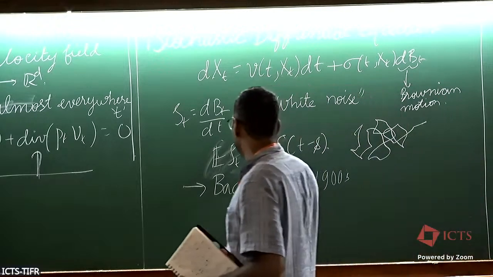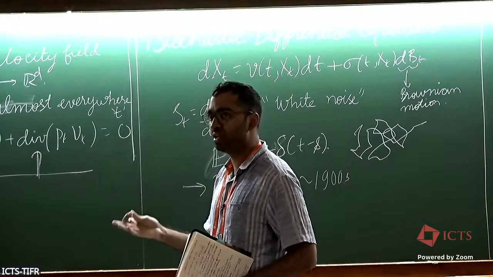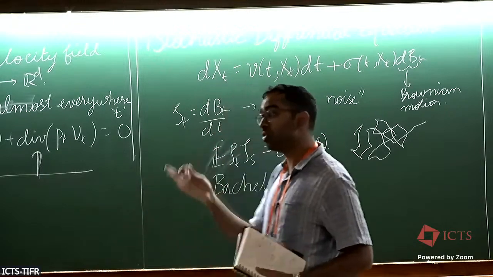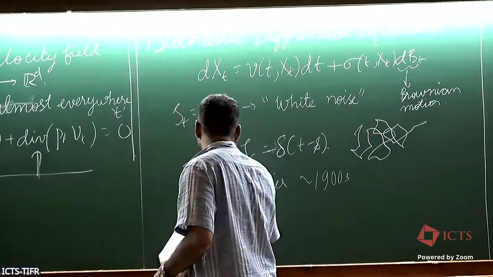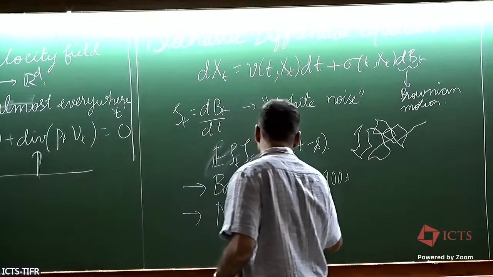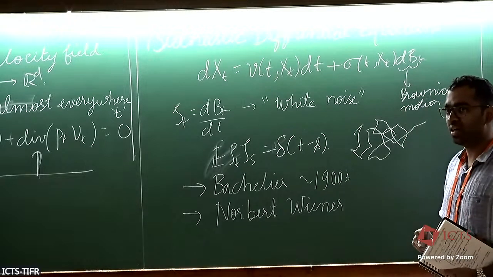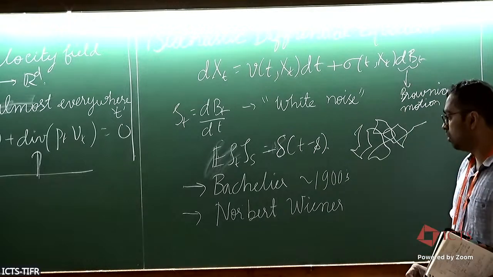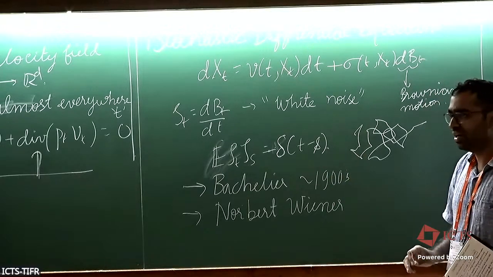And then physicists and finance folks and everyone who wanted to model things used it successfully, but mathematicians were not able to define it. So it was until Norbert Wiener was able to define it in a rigorous way and tell us what it exactly means, right? And then it was actually a breakthrough, and then everybody in probability theory was very excited about this built on top of this.